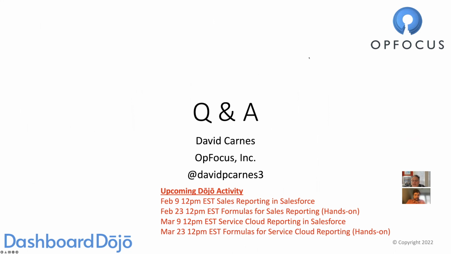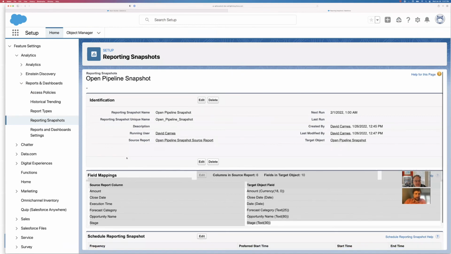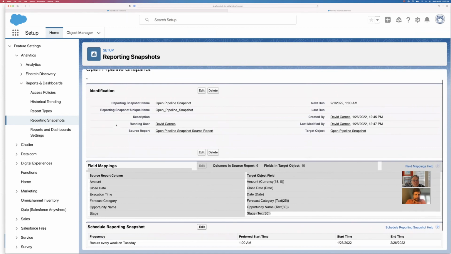And Jocelyn asked the question, could you explain how we match the date field to the report runtime? Absolutely, Jocelyn. So let me show you that in action in our system. So I just happen to have the reporting snapshot open. So when you create your reporting snapshot,